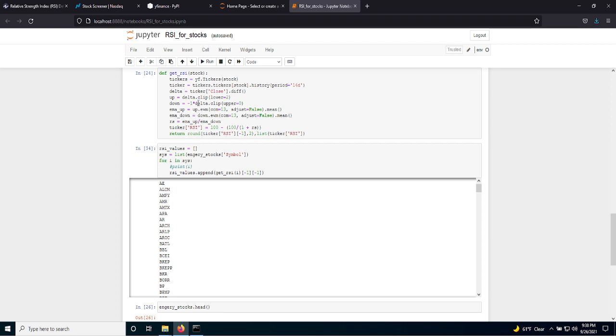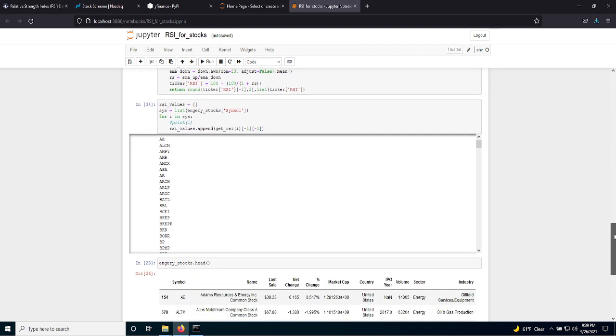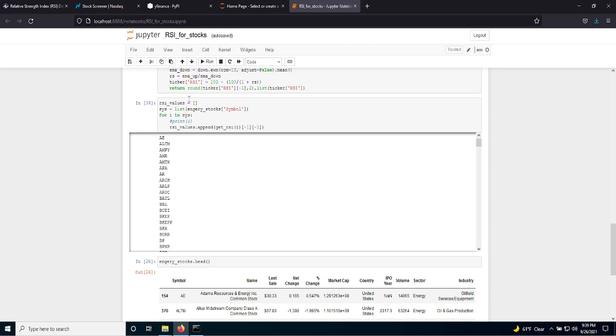If you look into the equation, this is how it looks, and I was using upper and lower bounds over the last 14 days. Then what I want to do here is append all the RSI values from all those stock symbols into a list, which I can add right on